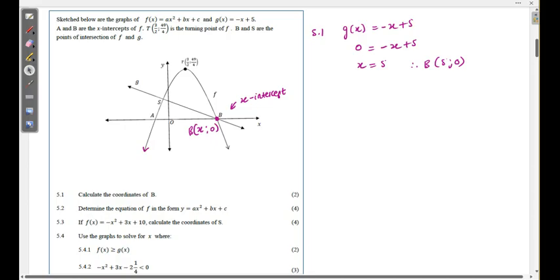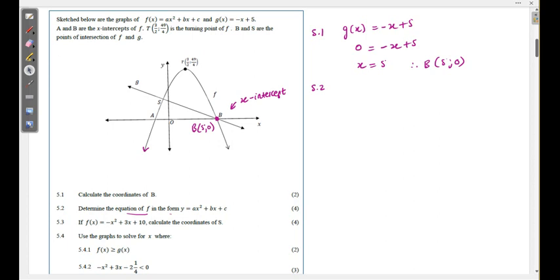So now I quickly update that b is 5 and 0. Then once I have this, I go to 5.2. 5.2 says determine the equation of f in the form y is equal to ax squared plus bx plus c. Now, there are two ways of finding the equation of a parabola,